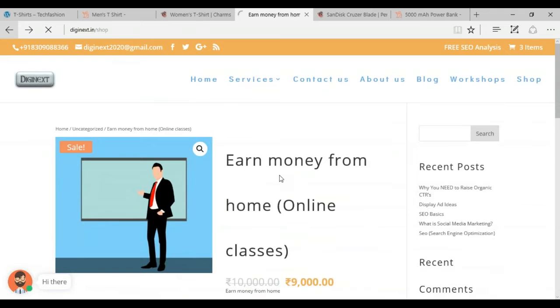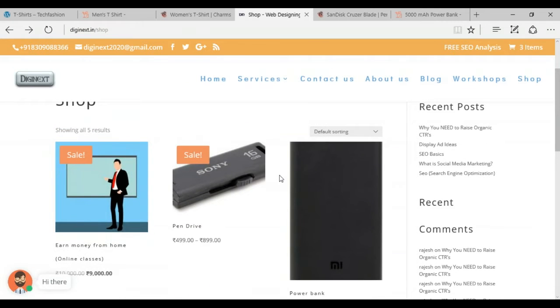Now see, it is very simple to create an e-commerce website. Now you guys understood, it is not that difficult. When we see any e-commerce website, we feel, oh wow, this website looks so great, it might have taken so much time. But many websites on WordPress are very easy to create.